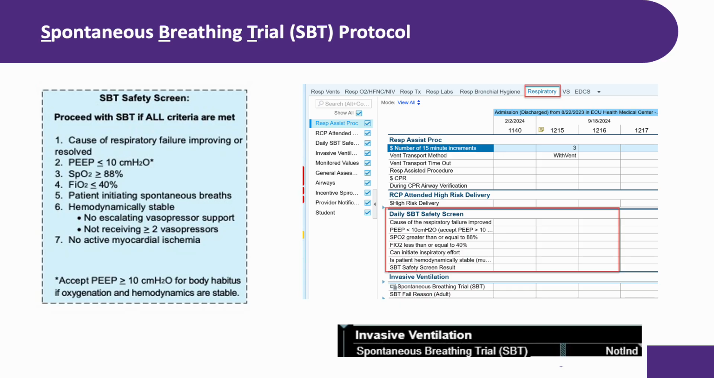So we will fill this out daily. If our SBT safety screen result is a fail, we are going to move forward to the invasive ventilation group in the patient's flow sheet. Within that group, we find the SBT trial row. This is where you will type in "not indicated" to record that the patient was screened but did not meet